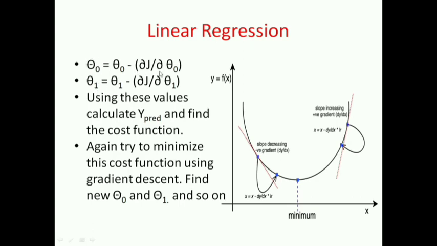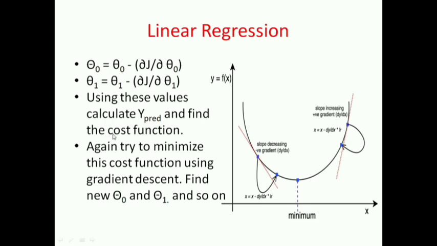Try to find out the gradients at this theta naught and theta 1, and update this theta naught and theta 1 using these gradients. Again, use this theta naught and theta 1 to predict values of y and find out the cost function. After again finding the cost function, you can compare it to the minimum value that you want. Say the minimum value is 0.05, if you are approaching it. If it is more than that, or you can take some other conditions also that we'll be discussing later.